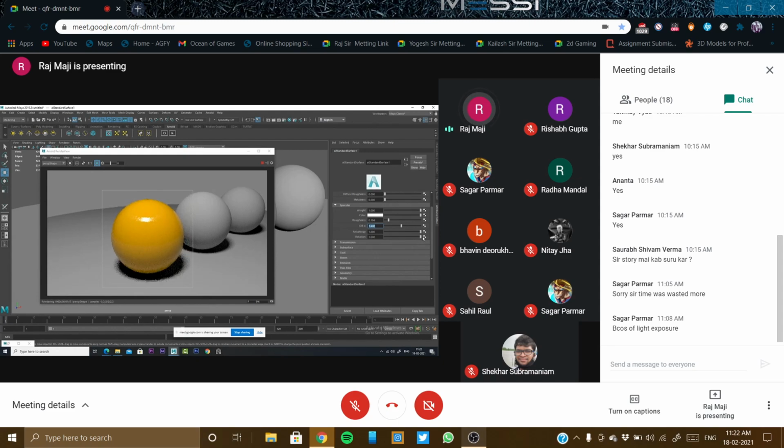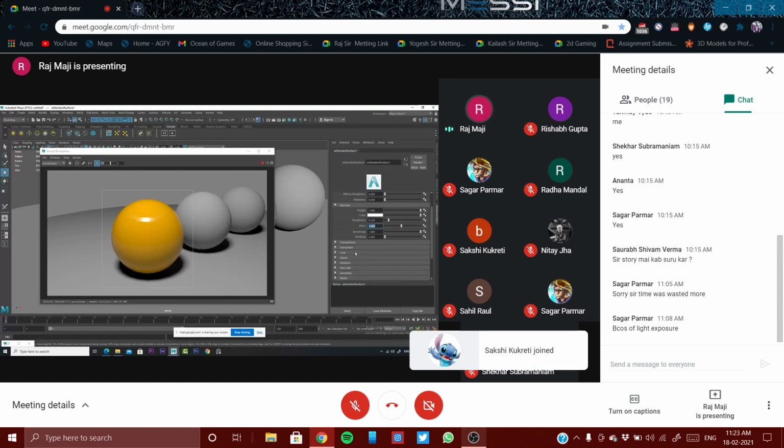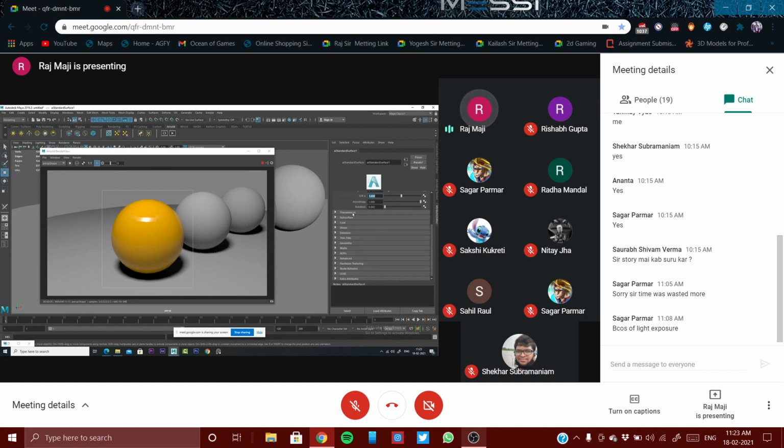So guys, at the very beginning of our texturing lecture, I talked about luminance and chrominance, if you can remember. Through luminance, I told, we can distinguish the materials. Okay, so these are the parameters going to help you to create this basically. Very, very important, specular. Then the transmission. Transmission, I will come back a little later, because this is all about transparency.